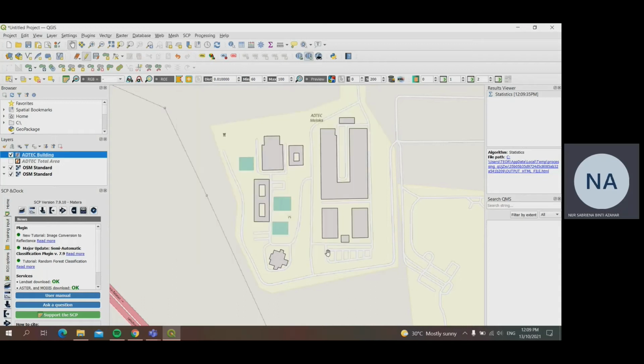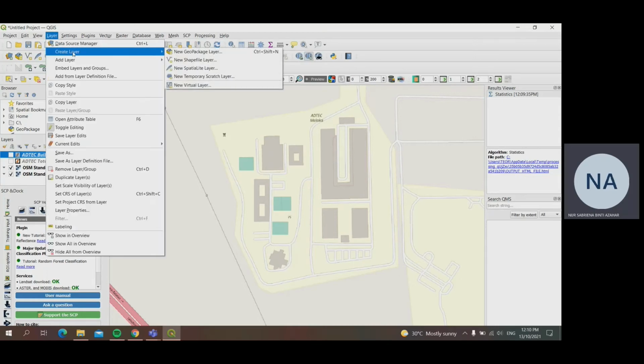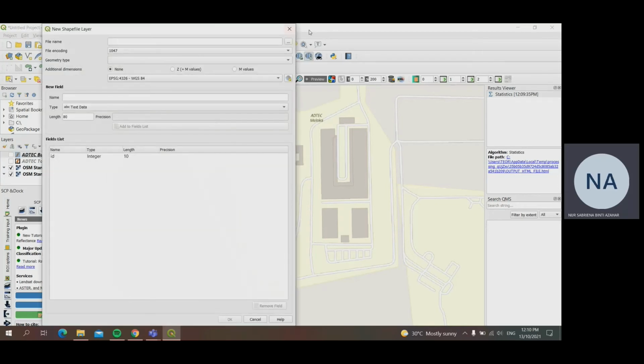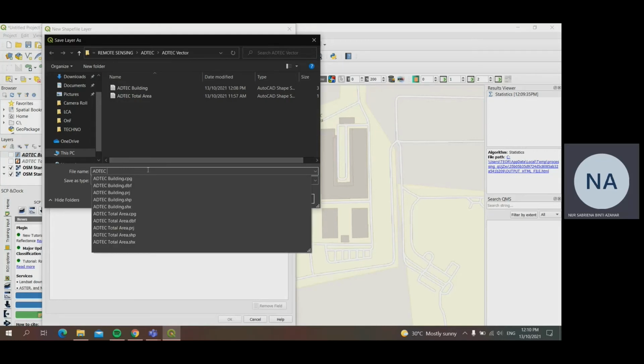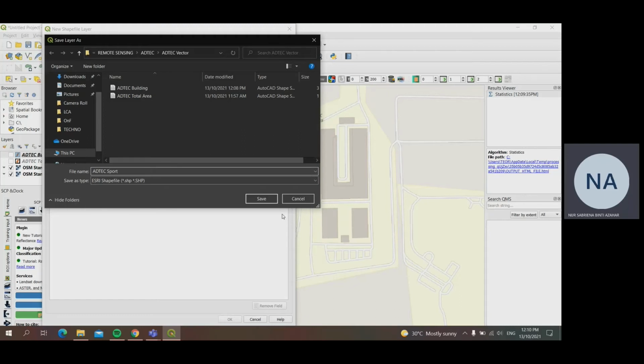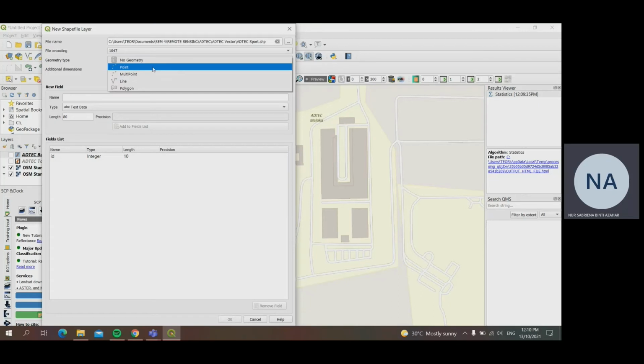So that's all for buildings. Now we move on to the ADTEC sport facilities, which is the green one. So we can untick first. Like before, we create a new shapefile layer, and browse here. In the same subfolder, we can choose ADTEC sports. Save. Then because we want to find the area, we choose polygon,